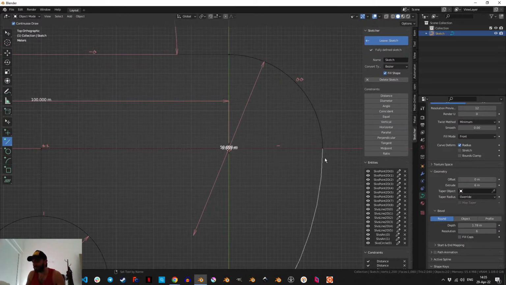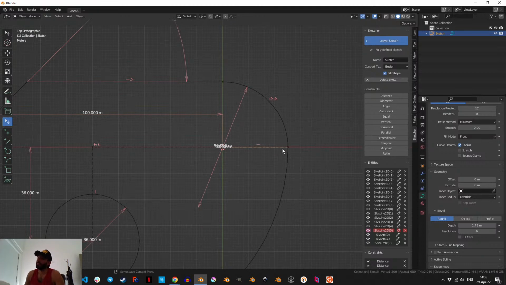However, this is kind of not enough. It was kind of flimsy. So as soon as I added a line with a horizontal constraint, and I need to mark this as construction, right? Now the sketch says fully defined sketch, and this is what you want, as I remember it from my CAD days. So if we go back,